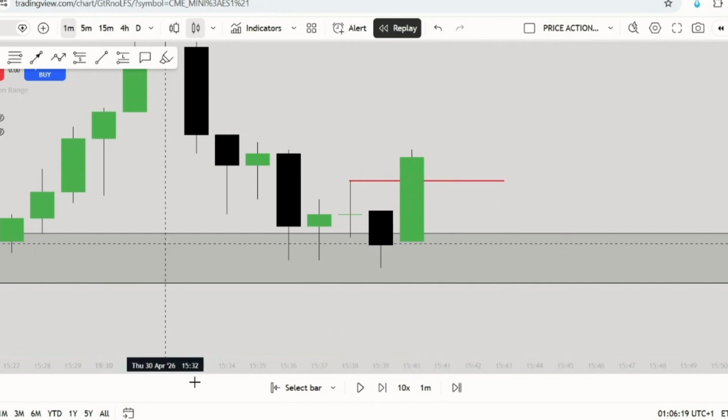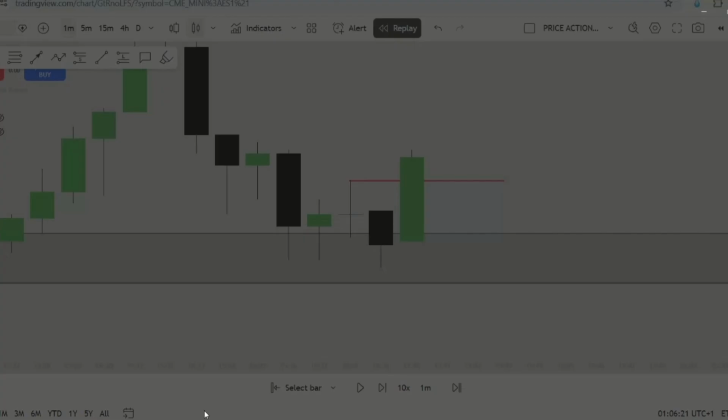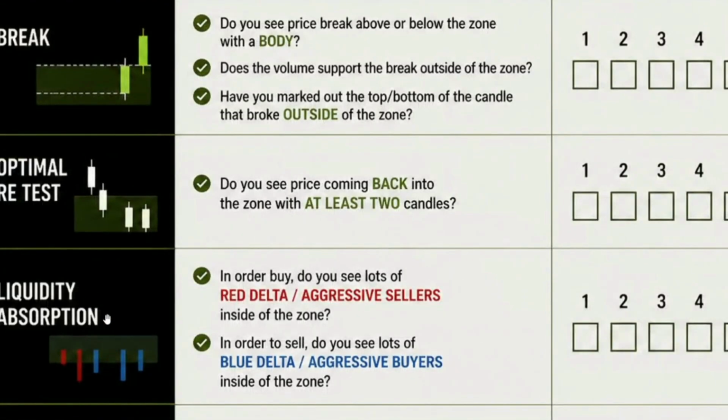So for the optimal retest, what's important to understand is optimal retest and liquidity absorption, those two come hand in hand. So typically the optimal retest and the liquidity absorption, they will happen at the same time. The reason I put an optimal retest first is that obviously there's no point looking for an absorption unless you're inside your key level. So when you see price coming back into the zone after showing signs of breaking above,